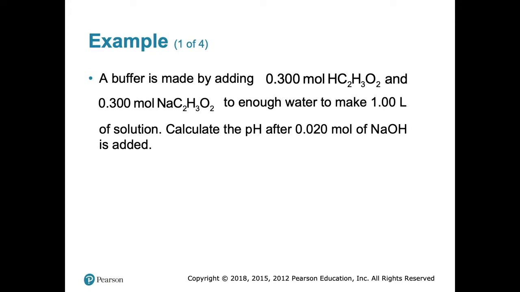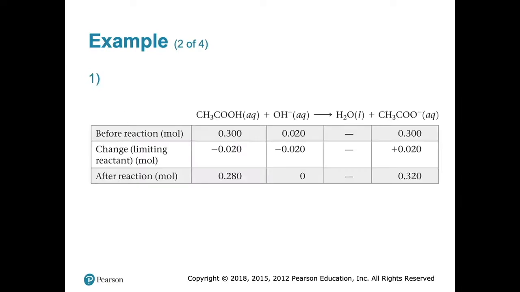So in this particular problem, again, we start out with the acid, acetic acid, 0.3 moles, and we also start out with 0.3 moles of sodium acetate. And we're going to add to it the sodium hydroxide, 0.02 moles. So we come up with our ICE table here. Since we added a strong base to a weak acid, that's going to be our equation. So here's our equation right here: our weak acid, our strong base, and it becomes water and the conjugate base, just like it said in that little chart I gave you a second ago, okay?